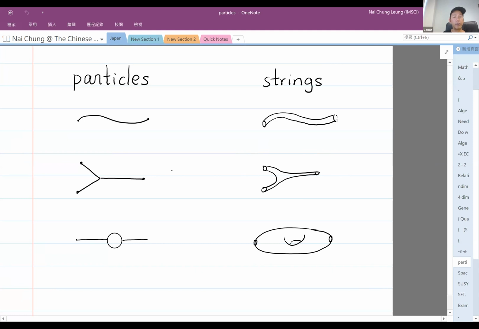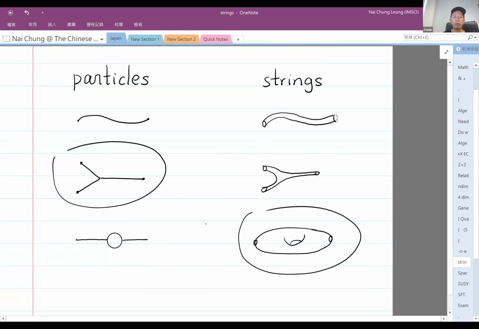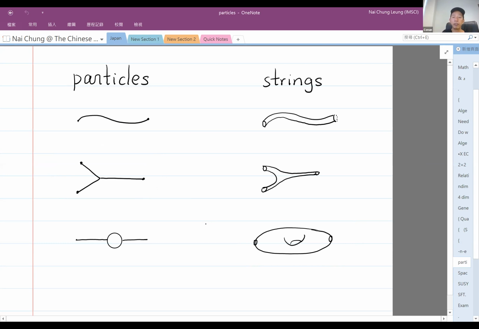Also in quantum theory, you have all of these Feynman diagrams. The particles come in, interact, split, and so on. You get all kinds of singularities, like the interaction that we have upstairs here. Once you replace the point by a string, they look very smooth. And all these different types of Feynman graphs now just become the topology of a two-dimensional surface in mathematics. Now they all look very smooth.